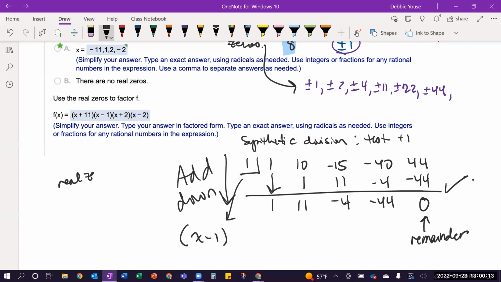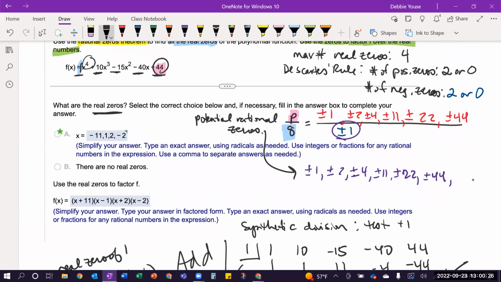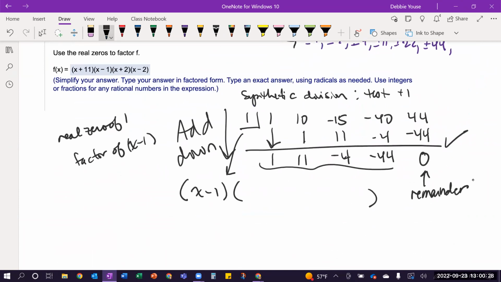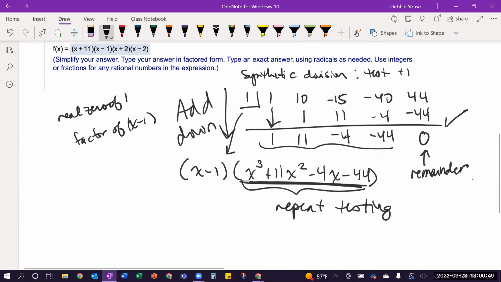So a real 0 of 1 gives me a factor of x minus 1. And then the rest of it comes from here. I go in descending order. So this started with a power of 4. I start with 1 power less. So this 1 is a 1x cubed, and then plus 11x squared in descending order, and then minus 4x to the first power, and then minus 44. And then I can repeat testing on this remaining, it's called a depressed equation,